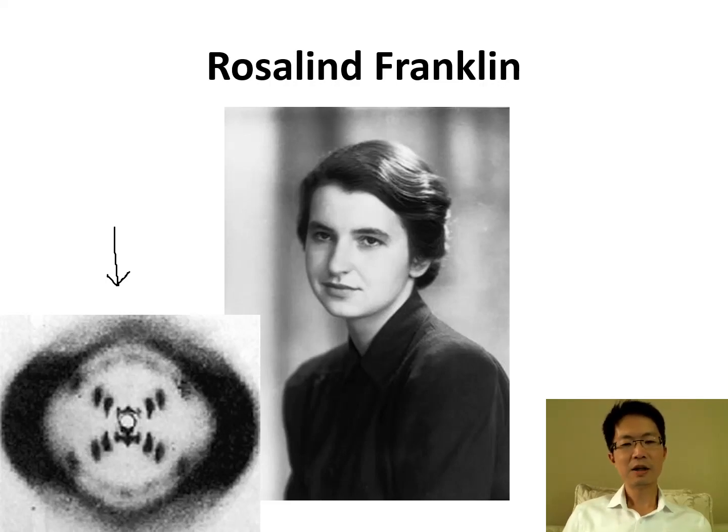And what happened is that they sent the lab tech to borrow the X-ray film from Rosalind Franklin, and then James Watson took a look at it, and then, according to his autobiography, he